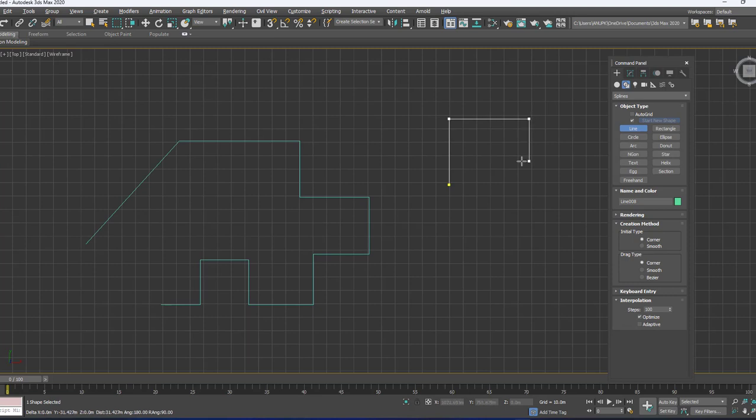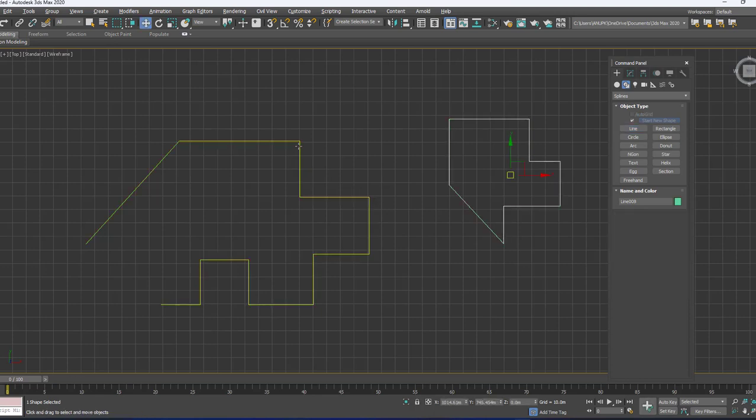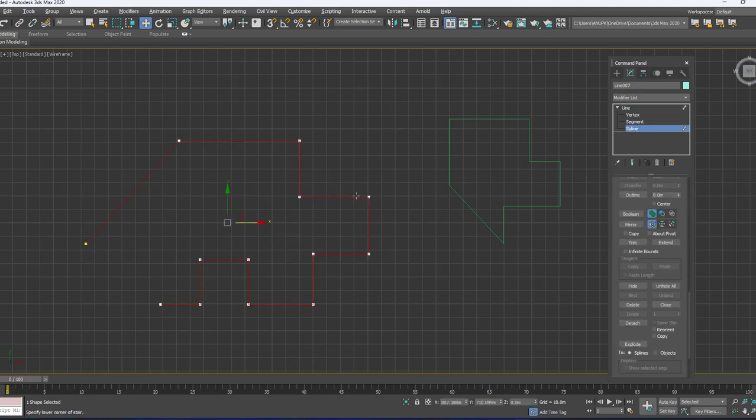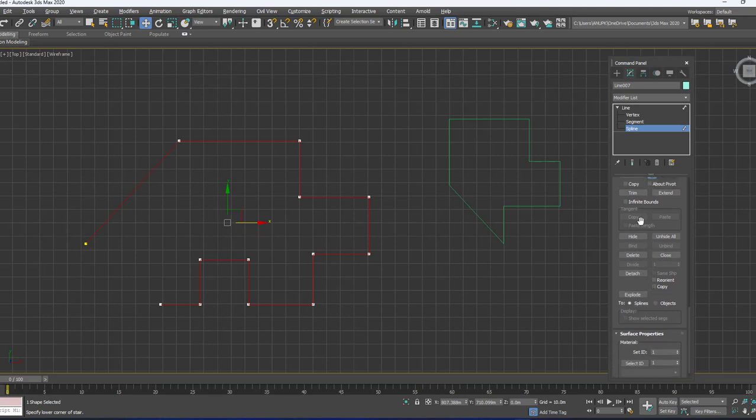To get the straight line I am pressing shift, and now this time if I close it to the first point, then I will get the notification: do you want to close the spline? Yes. I just show you what properties we are getting for this. Select this line, go to the modification and expand it, and if we select the spline option, that is the whole spline, come down here, we don't get any outline option to give the offset amount because the spline is